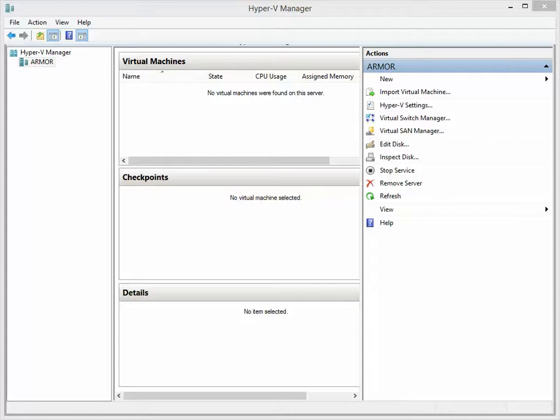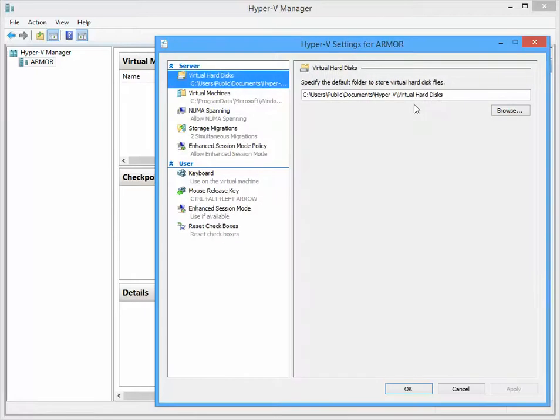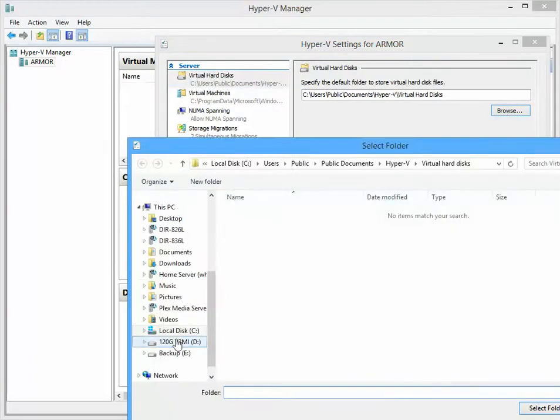So the first thing I actually like to do is to make sure that I have some basic settings done so it facilitates creating my first virtual machine. And the very first setting that I like to change is the actual Hyper-V settings themselves. Now this is important for a couple of reasons. Number one, it sets the defaults for all subsequent virtual machines. And it determines basically the location of where you want to store your virtual disks as well as your virtual machine settings. So I'm going to actually repoint this to an